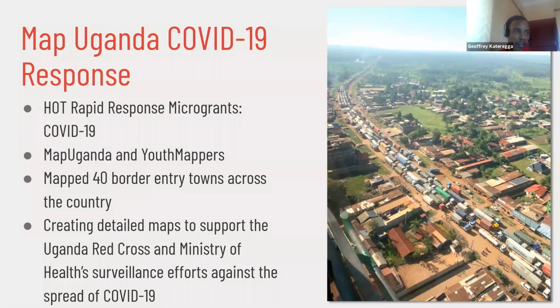The last example I want to give is the COVID-19 response. So through support from HOT, MAP Uganda is responding to the COVID-19 situation by doing mapping. Working with the youth mappers from different universities in the country, we have mapped 40 border entry towns across the country. And these are places where people come in from the neighboring countries, so they are high priority for the Red Cross and also the Ministry of Health in terms of surveillance